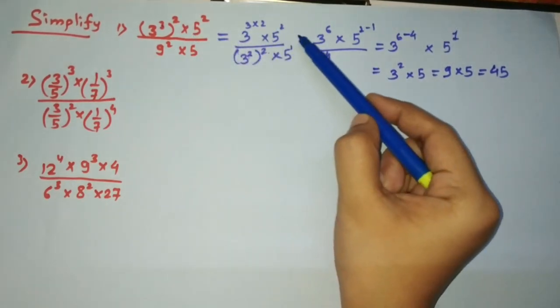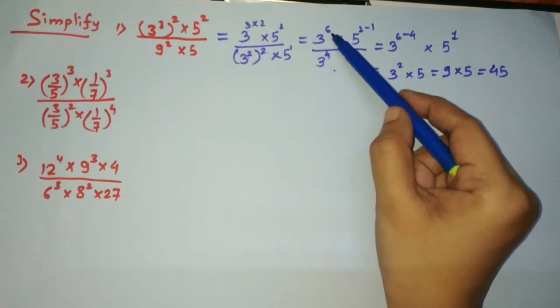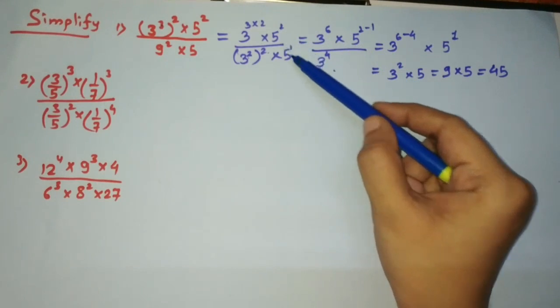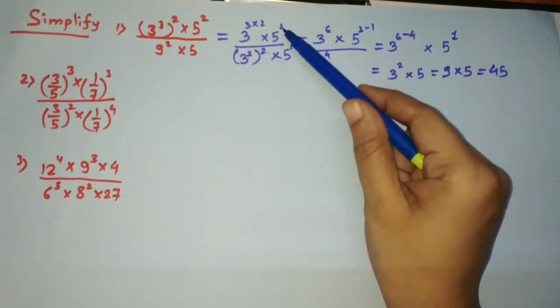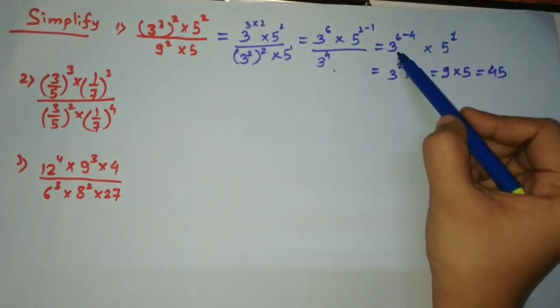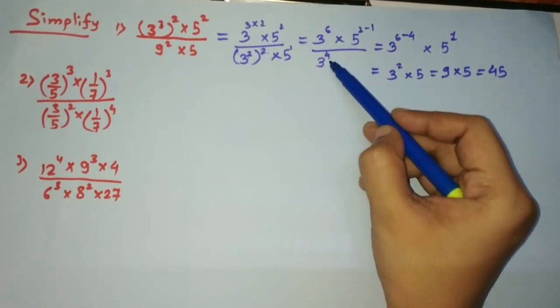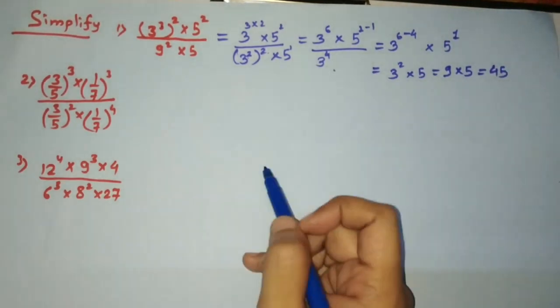And here we have multiplied 3 2s are 6, that is 3 to the power 6 into, here you observe bases are same and you can subtract powers in division. So here 2 factors of 5, here 1 factor of 5, so subtract it. Next here it is 3, bases are same, so you can subtract 6 minus 4, that you will get 2, and then finally you have multiplied and reached 45.